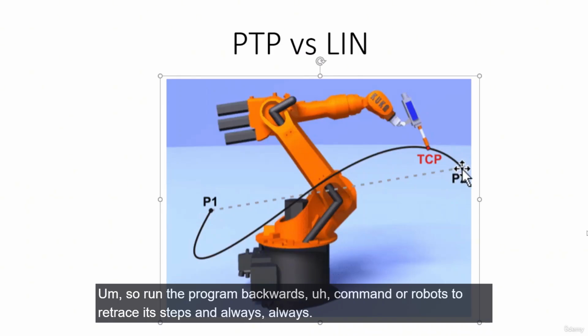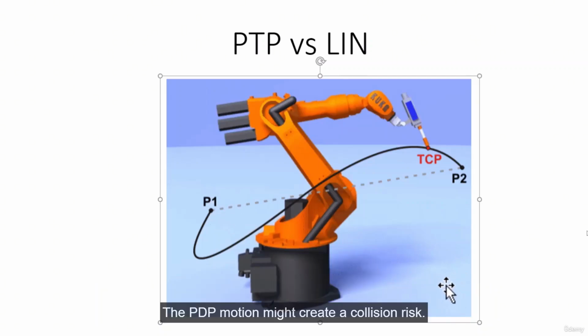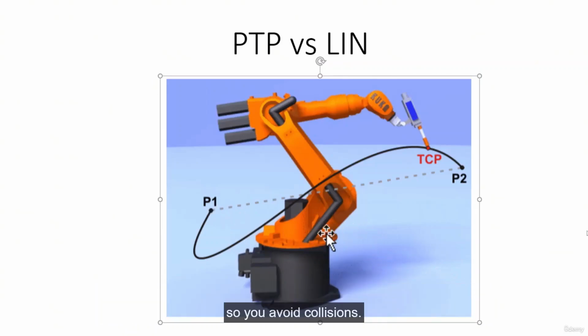So run the program backwards, command the robot to retrace its steps, and always, so if the robot is at point 3 and you command it, for example, to return to point 1, the PTP motion might create a collision risk. So make sure that every possible path that your program might face is tested and validated, so you avoid collisions. Okay, so